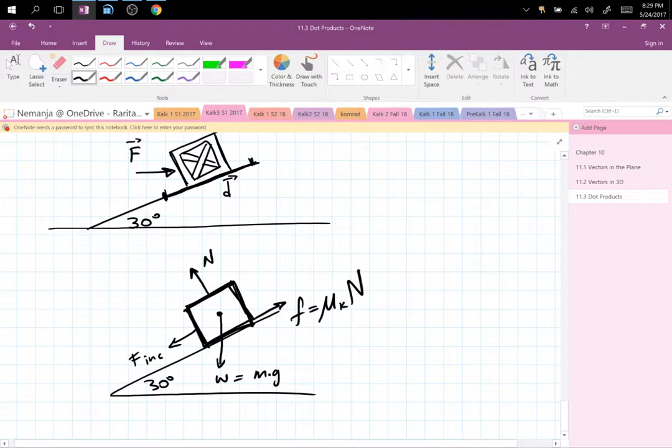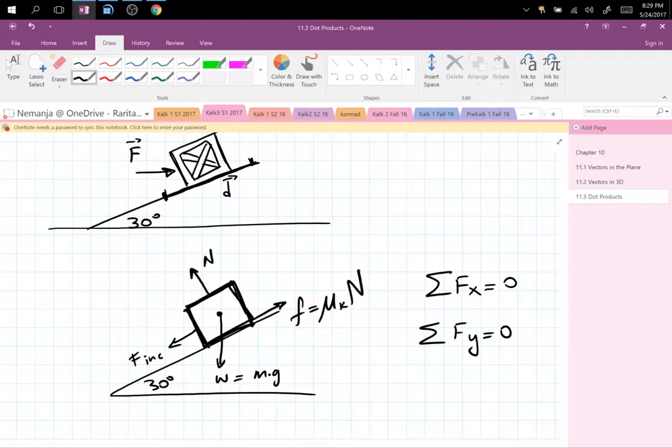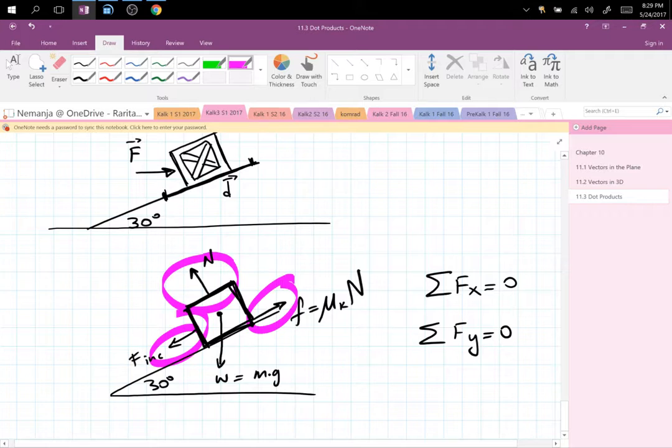And now if you look at this, the way to solve these problems in physics is the sum of all forces in the x direction needs to be 0, and the sum of all forces in the y direction needs to be equal to 0. So whatever is given, you can always figure out whatever is missing. Now, on the incline, you have 3 forces that are not on level with the x and y axes. Only one force, the weight, is aligned with the y motion. So you would have to break 3 forces using trig, using 30 degrees in this case,